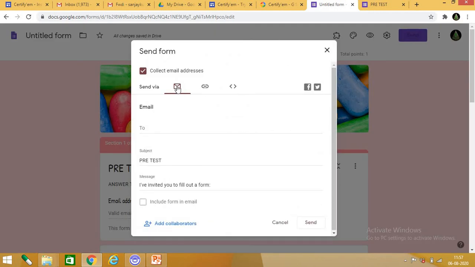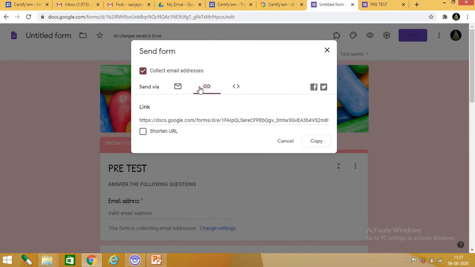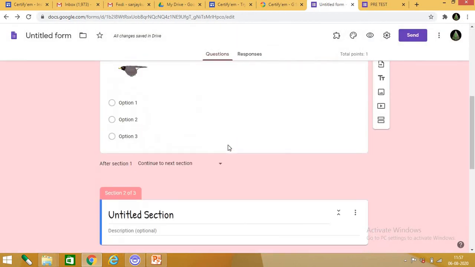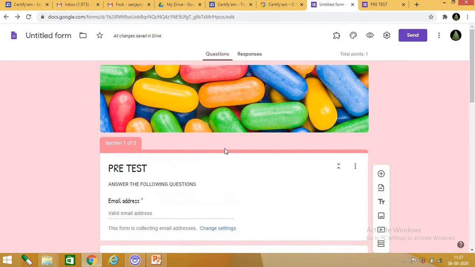You can send via mail, via link, via HTML, Facebook and Twitter. Mostly we take the link. Now this is my link. You can shorten this link also, then copy this link and send it to the WhatsApp group. So I think this much is okay. Thank you very much.